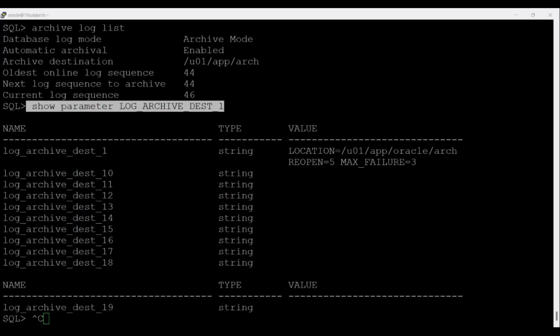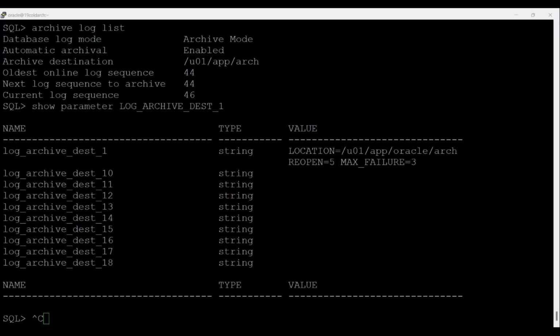Select the target column and destination column and, comma, status. Okay,